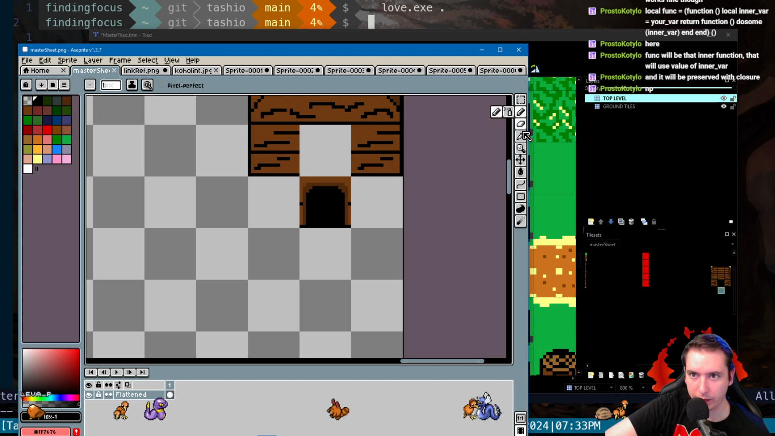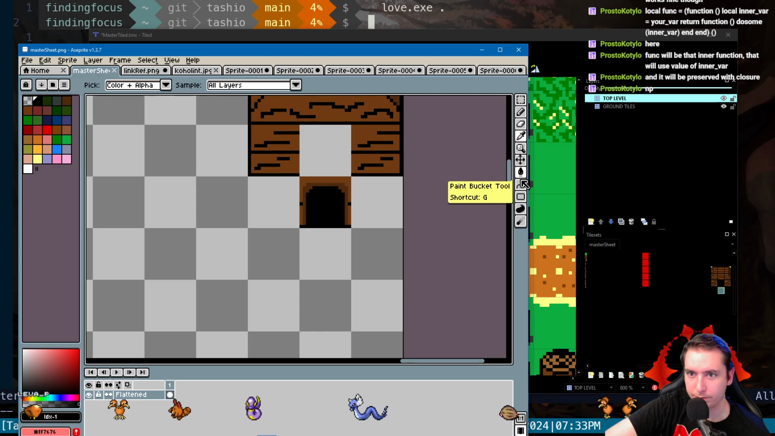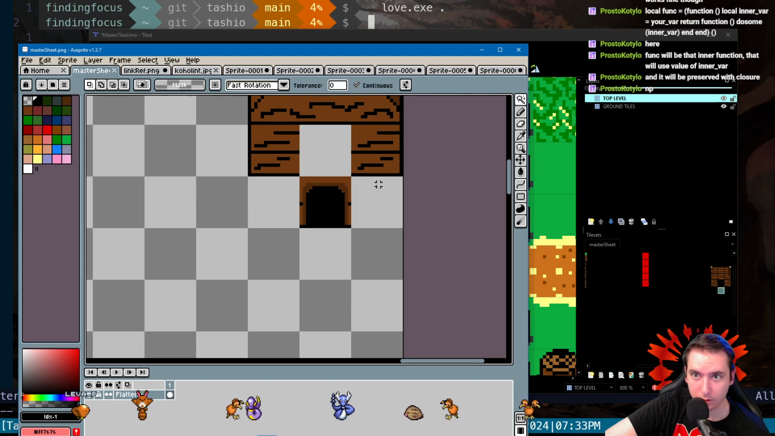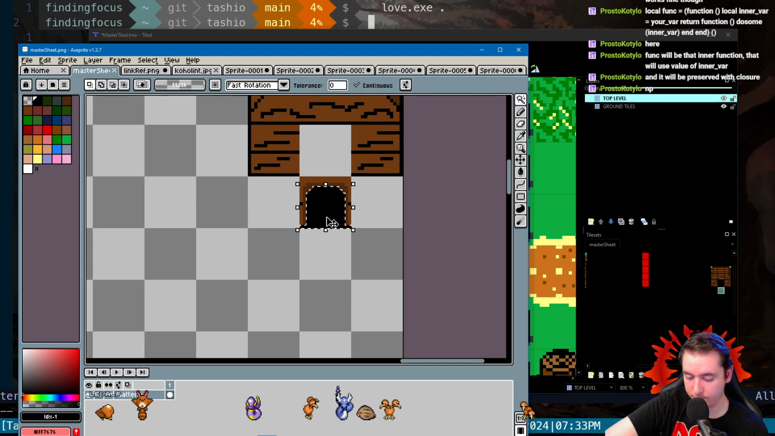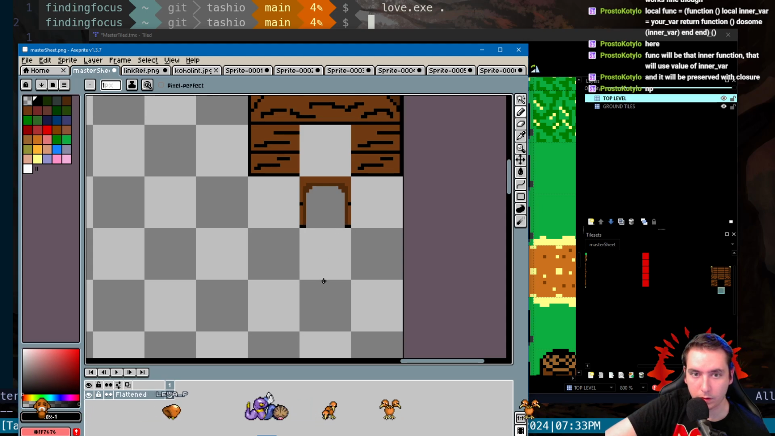Where's that wand tool at? W for wand, great. Cool. Okay, so now that that's transparent,